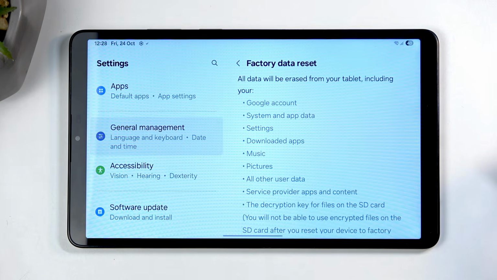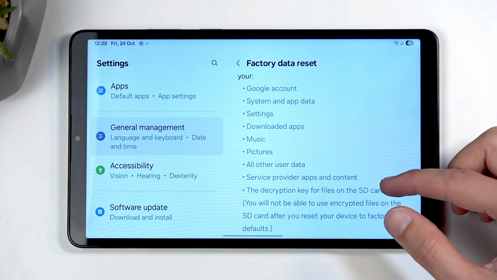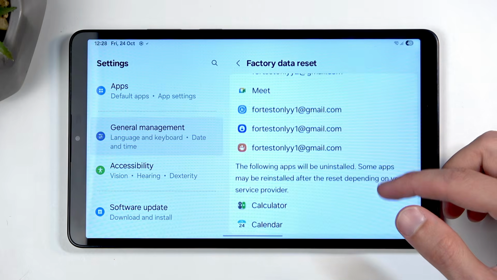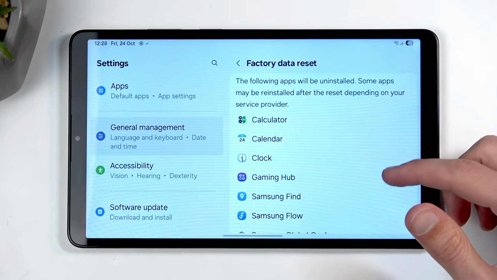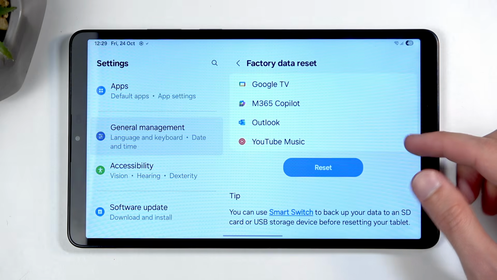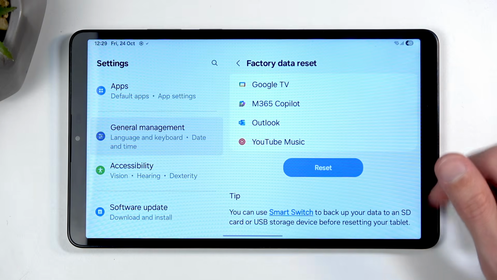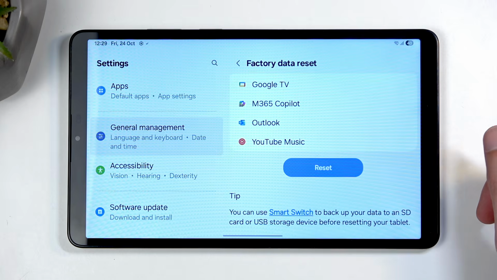This will present you with a list of data that will be removed by this process, which importantly includes things like music, pictures, and all user data. And by scrolling down, you also have accounts that will be signed out of here, applications that will lose their cache. So these are less important, and then at the very bottom we have the reset. Also at the very bottom right here, we have tips. You can use Smart Switch to back up your data to an SD card or USB storage device before resetting